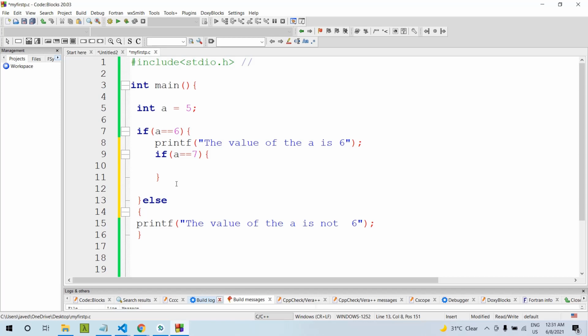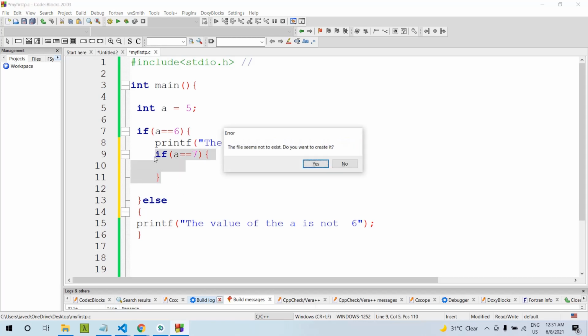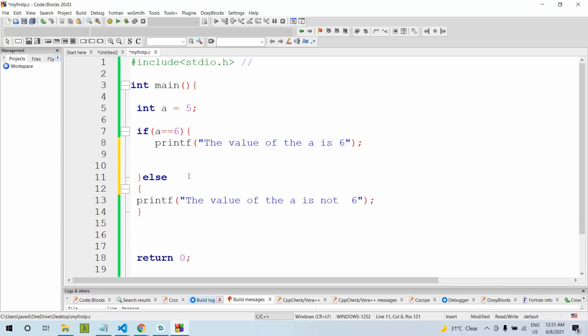In if else if, we have an if statement, then we write else if a is equal to 5, so this statement will execute, else if a is equal to 10, this block will execute.